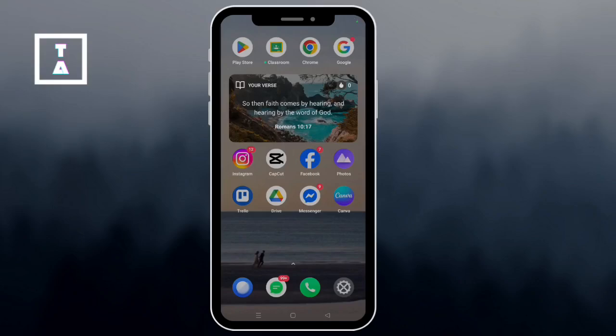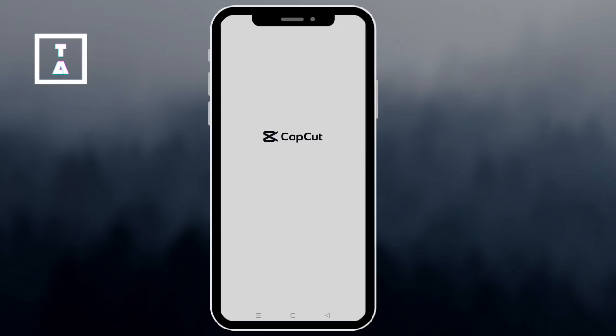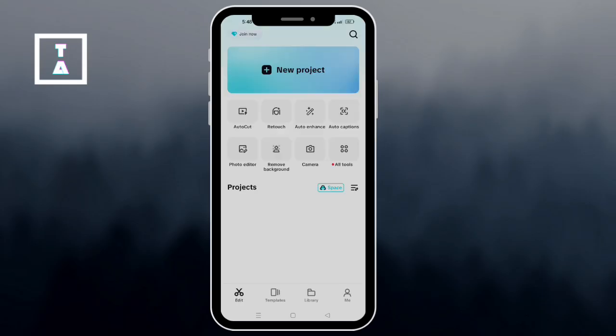Hi everyone! Today I'm going to show you how to use CapCut templates to create amazing videos in just a few taps. Let's get started. First, open the CapCut app and on the home screen, tap on the Templates tab at the